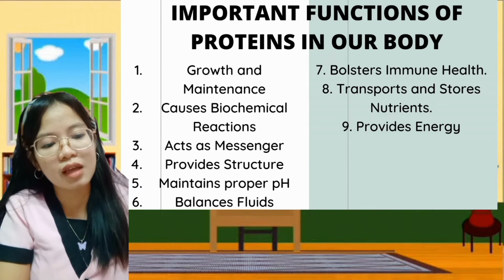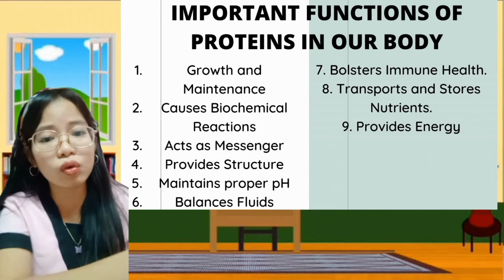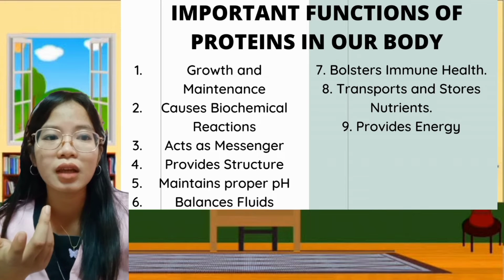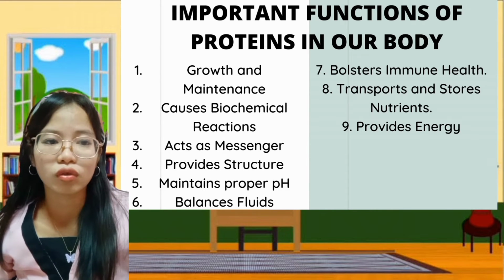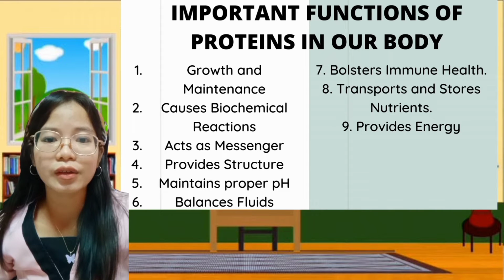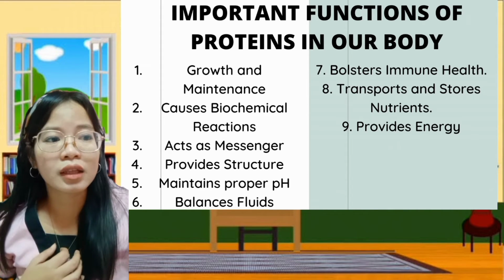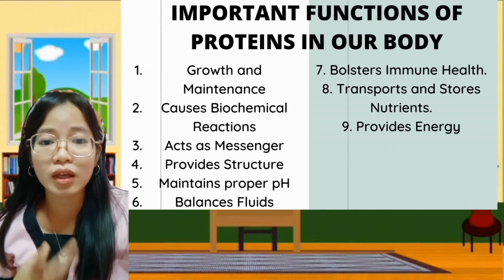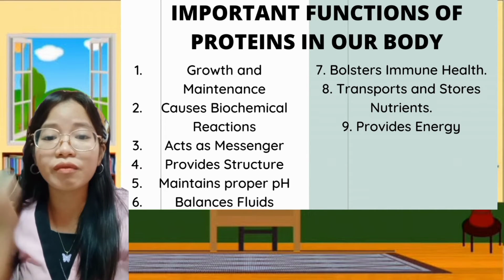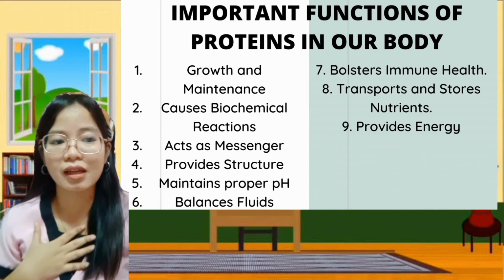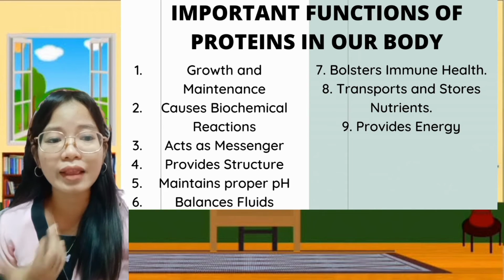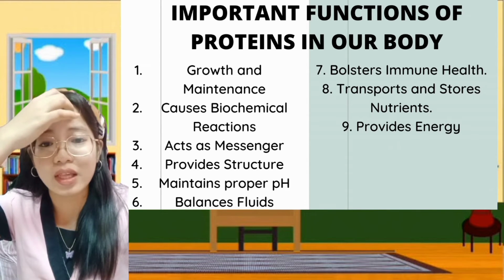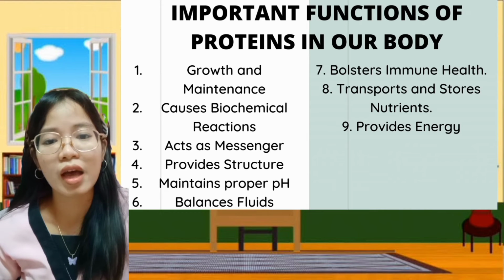And then, 7 is bolster immune system. So, proteins help form immunoglobulin antibodies to fight infection. So, antibodies are proteins. Yung mga antibodies natin, these are proteins na nasa ating blood na tumutulong para protektahan tayo sa mga harmful invaders katulad ng bacteria and pathogens. So, kapag yung mga foreign invaders na to ay pumasok sa ating cells, yung body natin ay nagpo-produce ng antibodies. So, na-eliminate yung mga pumapasok na foreign invaders na yon, and napoprotektahan tayo